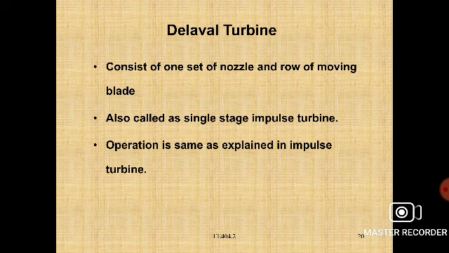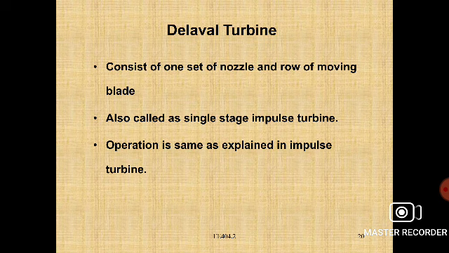In the impulse turbine, pressure drops only in the nozzle and remains constant over the moving blades, but the velocity of steam decreases as the kinetic energy is absorbed by the moving blade, right? So the examples of the impulse turbine or De Laval turbine are next the Curtis and Rateau. These are the best examples for the De Laval turbine, right?